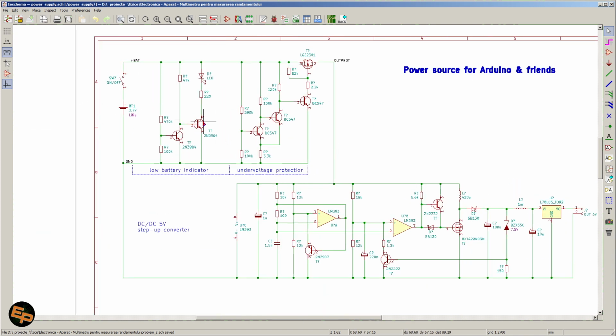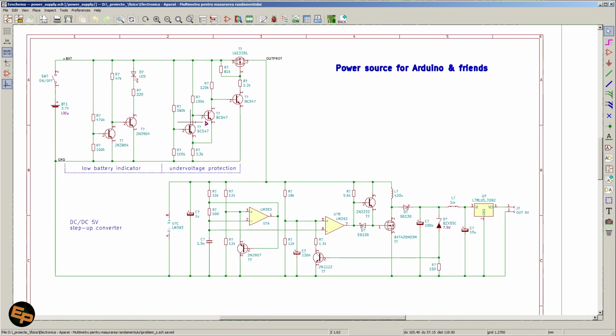And that is, we have anywhere between 3 and 4.2 volts given by the accumulator itself. Of course, I'm assuming that we use a single cell accumulator, and that's what I used. I used an old battery accumulator. But we need 5 volts for the rest of the circuit, because Arduino works with 5 volts, and the rest of the circuit also needs 5 volts. So, in order to have 5 volts out of a voltage that varies between 3 and 4.2, we need to have